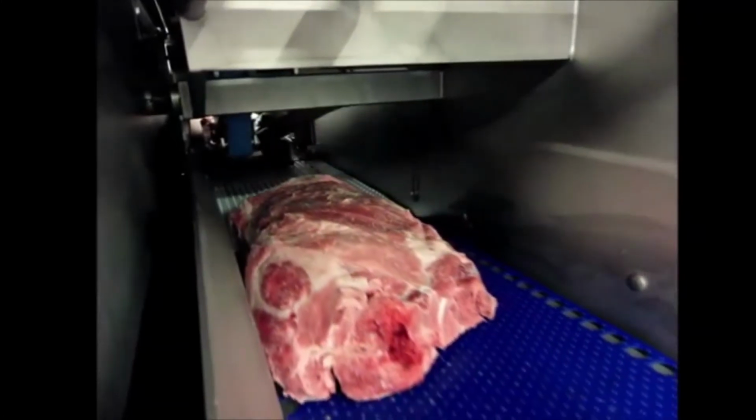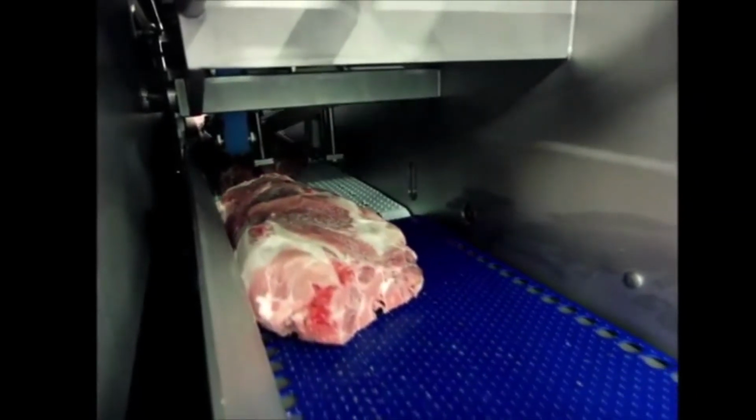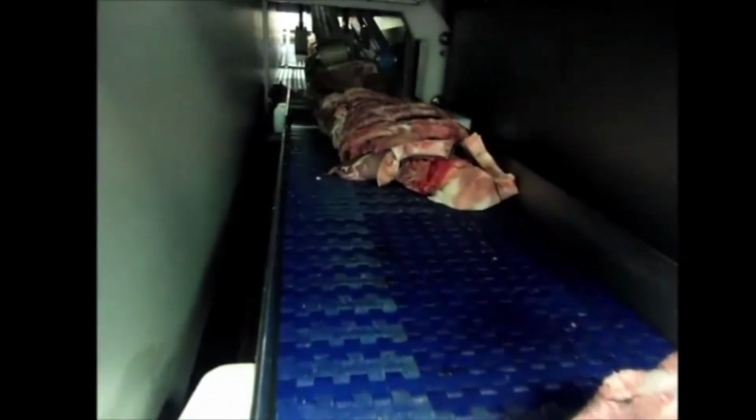Super high volume, continuous feeding. With a lot of the slicers, like the Ross and Titan and some of the other ones, you have to open up a chamber, drop the loin in, close the chamber, and then it'll slice it. Whereas if you look at the video on the ICC 36, the operator's just feeding one after another. So ergonomically, from a safety standpoint,